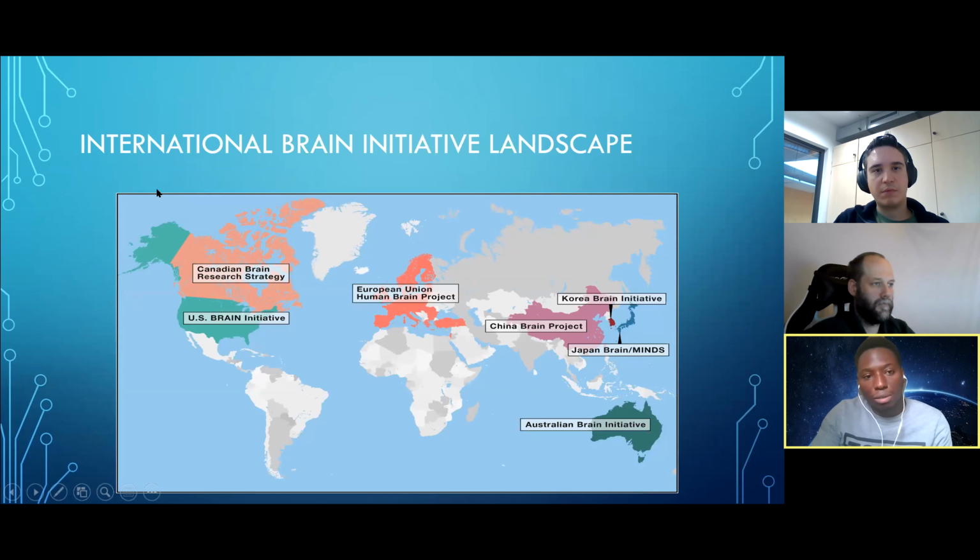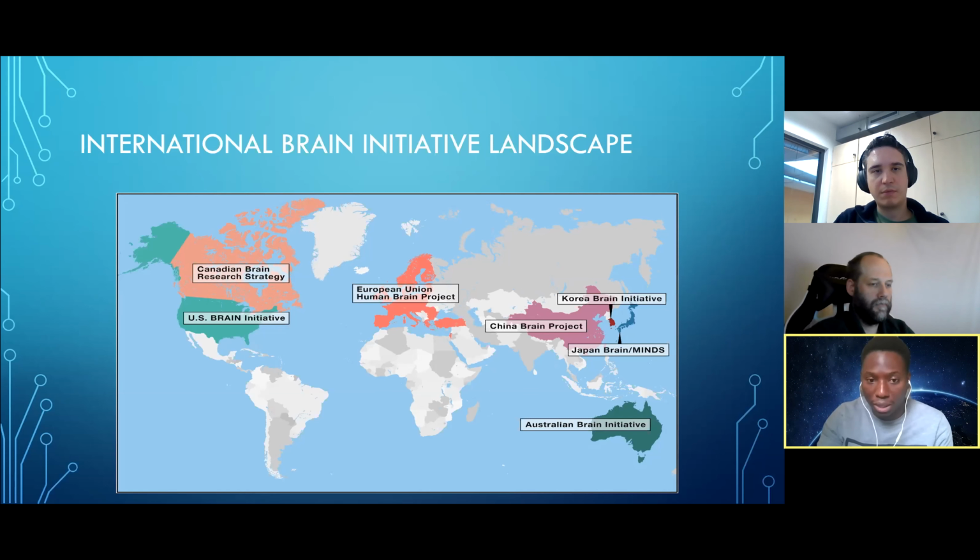So this is currently the International Brain Initiative landscape. You can see there the Canadian Brain Research Strategy, the US Brain Initiative, the European Union Human Brain Project, which is where we are situated, China Brain Project, Japan Brain/MINDS, Australia Brain Initiative, and Korea Brain Initiative. These different initiatives and brain projects have sub-projects under them.